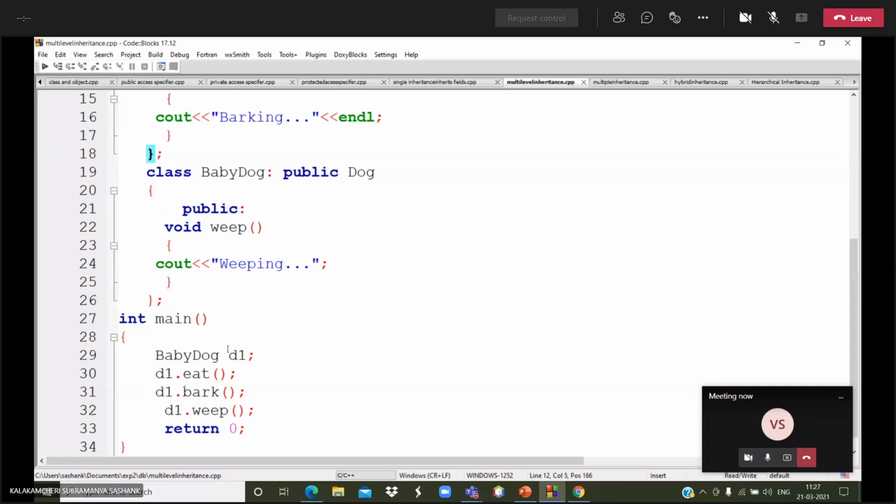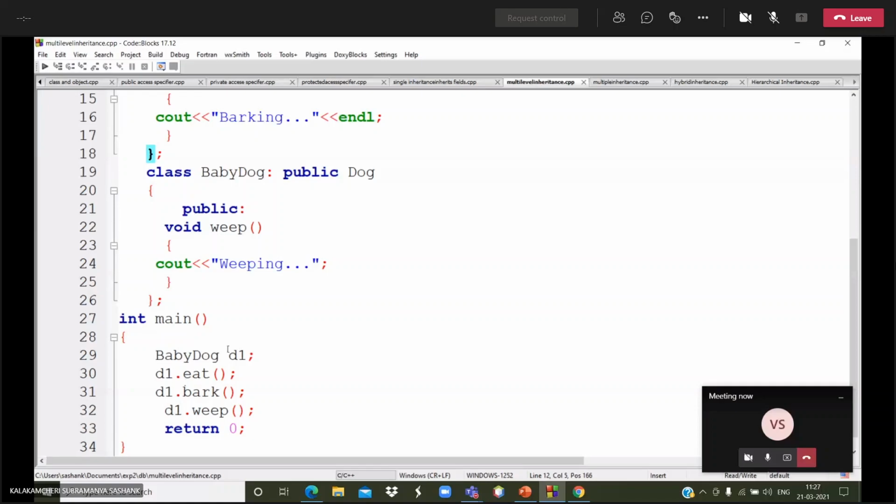One more type of inheritance is hierarchical inheritance. Hierarchical inheritance is defined as the process of deriving more than one class from the base class.